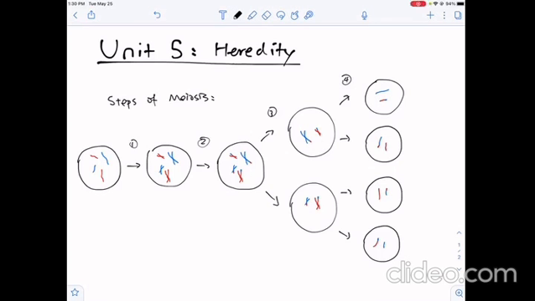Unit 5 is heredity, and a big part of Unit 5 is meiosis. So here are the outline steps of meiosis. In step 1, the DNA replicates, and in step 2, it's crossing over, which increases genetic diversity. Step 3 shows meiosis 1, in which the original cell is split into 2 cells. And step 4 shows meiosis 2, where the 4 resulting cells are all haploid, and from the original cell, which